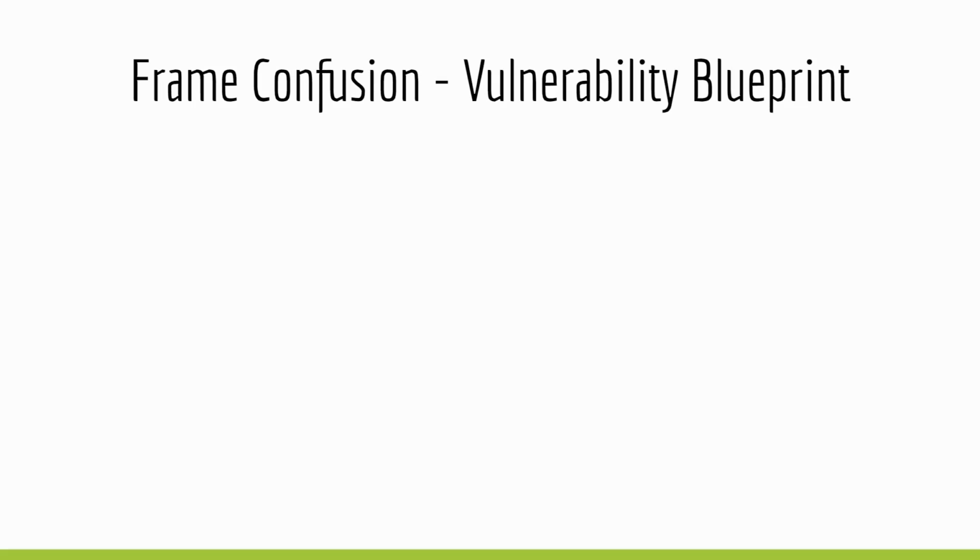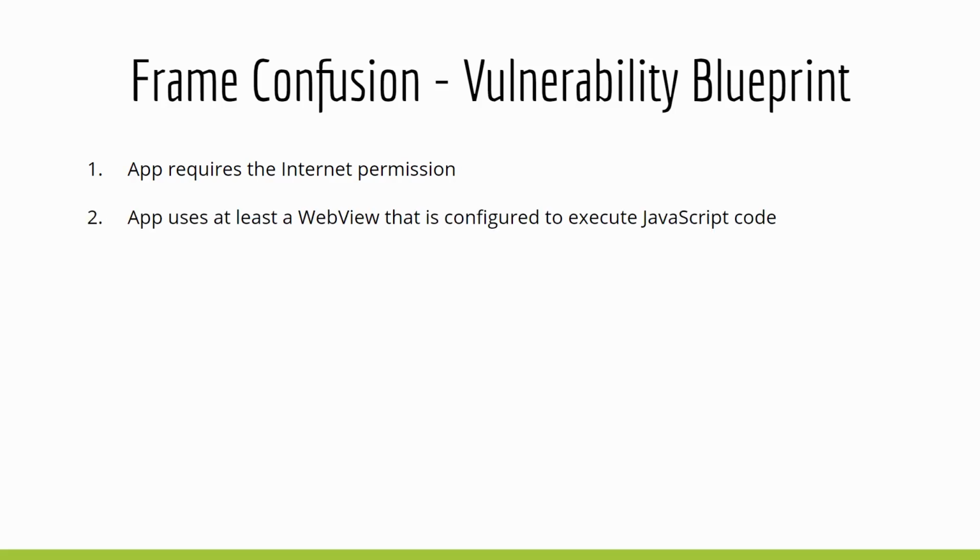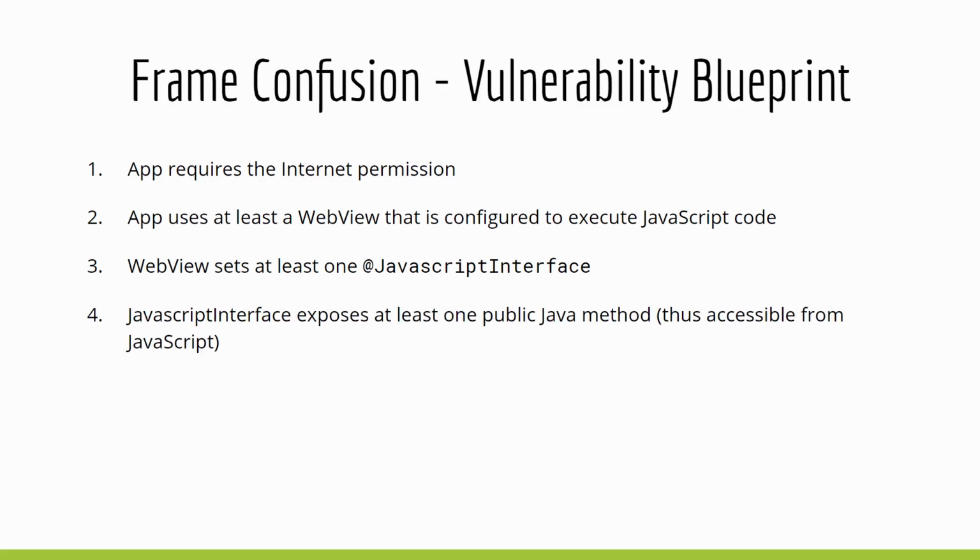So, how does frame confusion occur? Frame confusion occurs when the app requires the internet permission, of course. The app uses at least one web view that enables execution of JavaScript code, because by default JavaScript is disabled. The web view sets at least one JavaScript interface. These interfaces expose at least one public Java method, of course, and